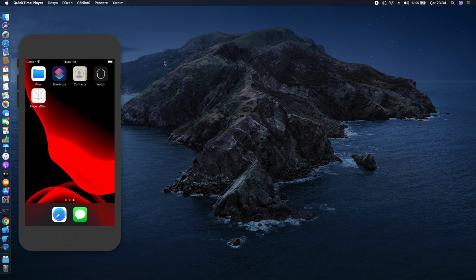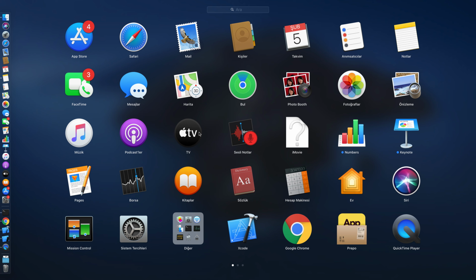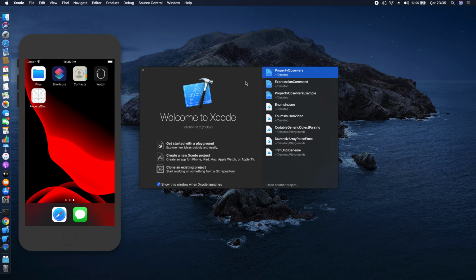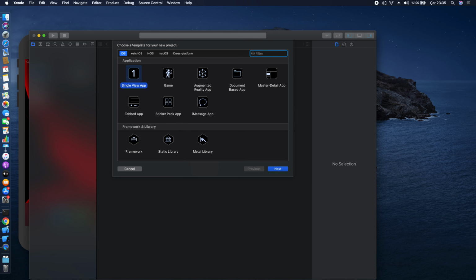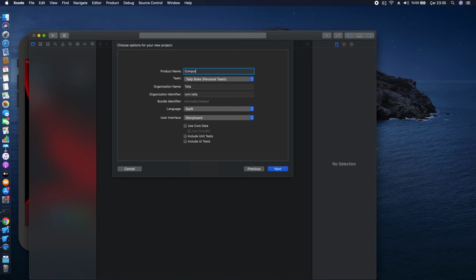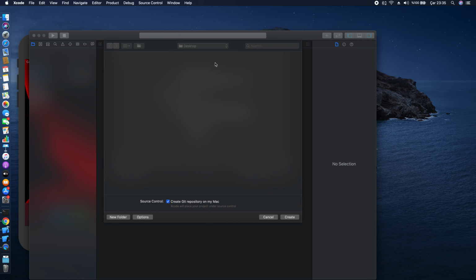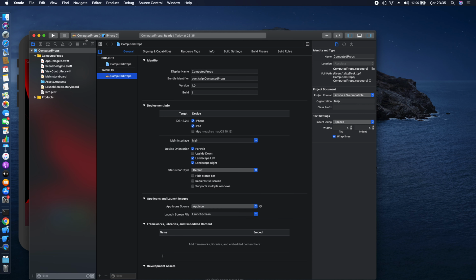I'm going to show you how to use computed properties. I'm opening a new Xcode project. I'm going to jump to the main view controller,